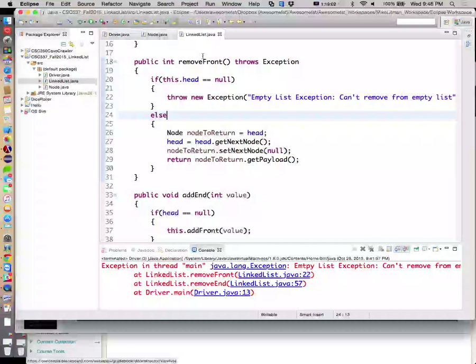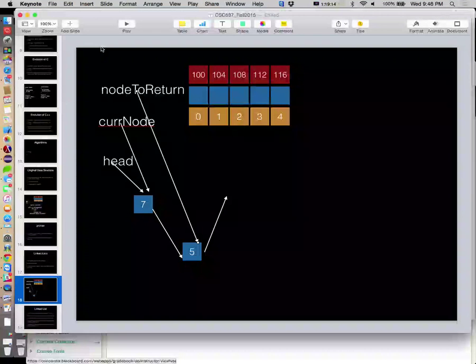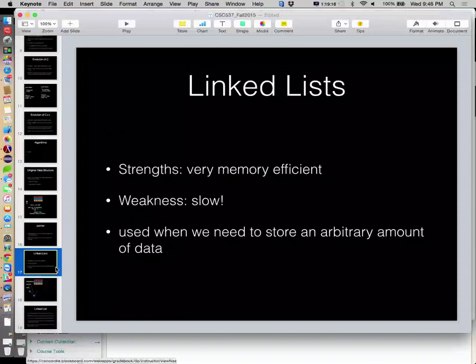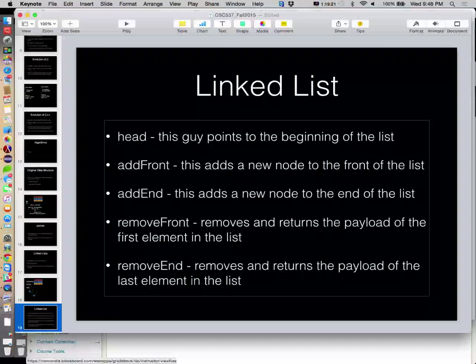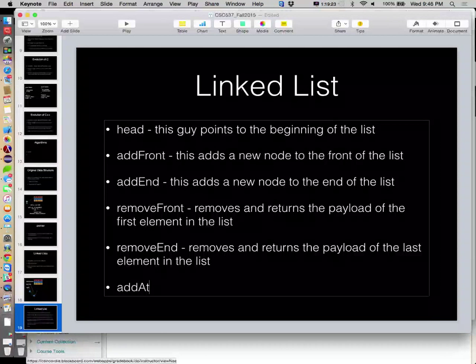All right. So anyways, that's remove front, remove end. We have our exception handling stuff. Okay. So what would logically come next? Come back to this guy. Add at index.